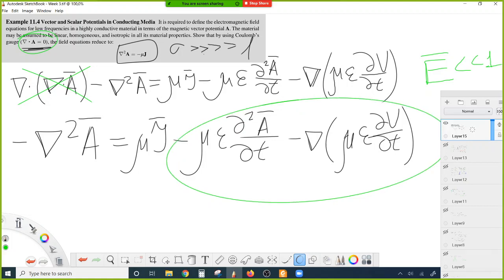Namely, we move the gradient inside and we take the derivative with respect to time outside. And what we get after this manipulation,